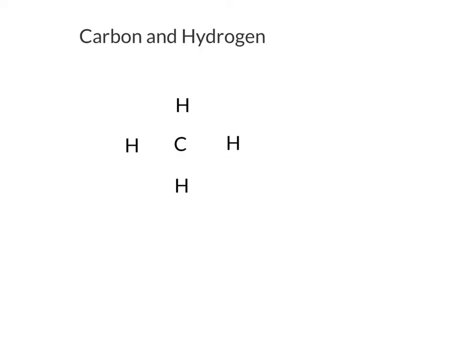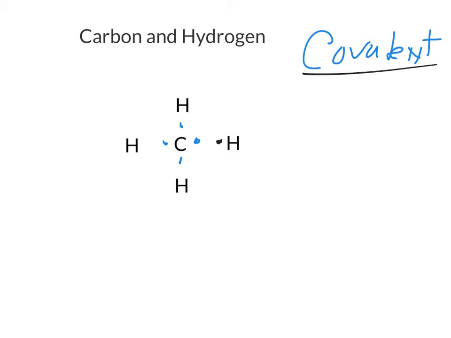Okay, so let's say you have carbon and hydrogen. Carbon is a nonmetal and hydrogen is a nonmetal, so this would be a covalent bond, okay? Now, carbon has 1, 2, 3, 4 valence electrons. Hydrogen has 1 valence electron. Now, like you learned yesterday and the day before, if you have a covalent bond, those electrons are going to share. So, that means you're going to have a bond between the carbon and the hydrogen, and they are both sharing